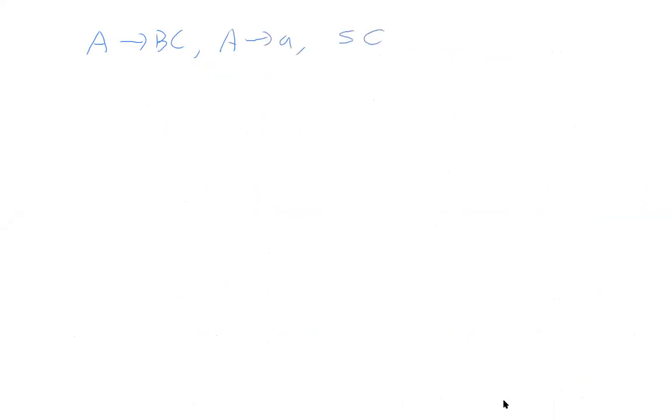S only appears on the left-hand side; it does not appear on the right-hand side. And the epsilon rule can only be under S. Then, given a string